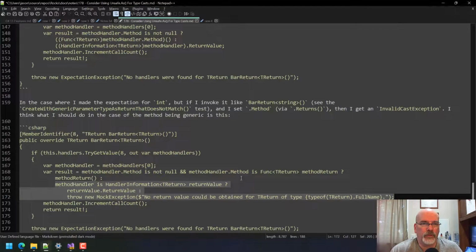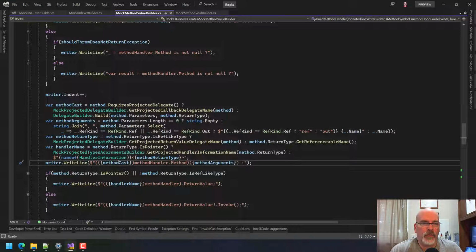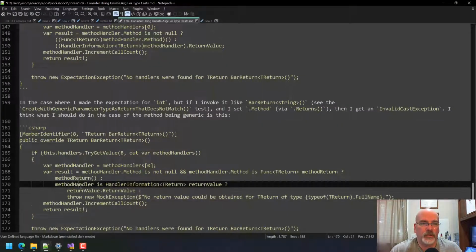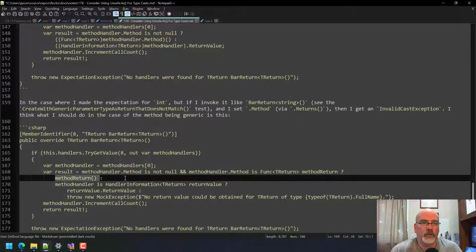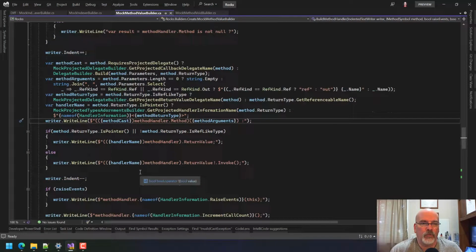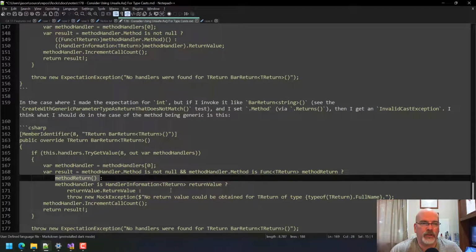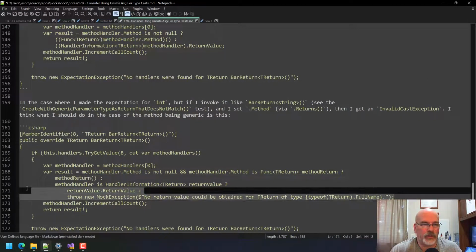This one only happens if you do the normal direct cast. Otherwise, you need to do method return. So these first two lines, I think, can be handled right. This last one, though, when you're trying to figure out which handler you're going to use, both those cases then need to be special cased into this.